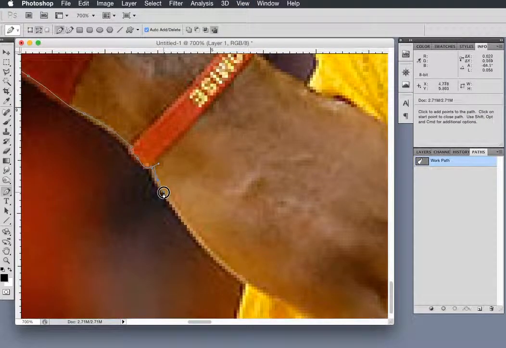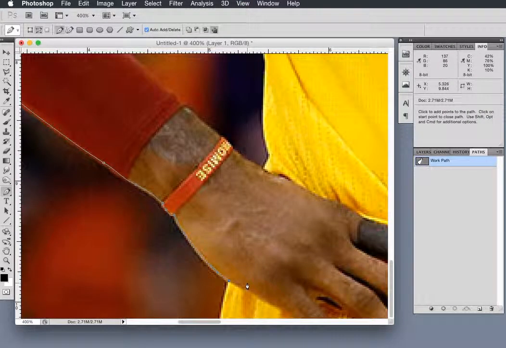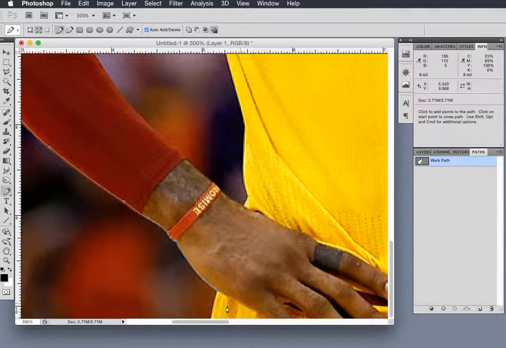So what I want to do is continue going around his wrist, but you see I have a problem area there because it is taking the angle from the last path I drew, and once I click that next line, it is keeping the properties of the previous curve. So I'm going to hit Option here, and that's going to reset it to 0. So now I'm just able to continue drawing my path, and it's not taking into account the previous path's ending curve. So I'm going to come down here to the bottom,